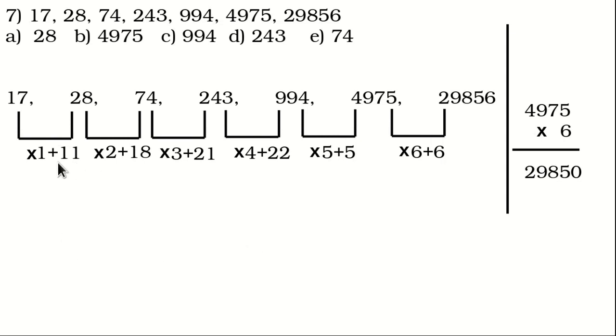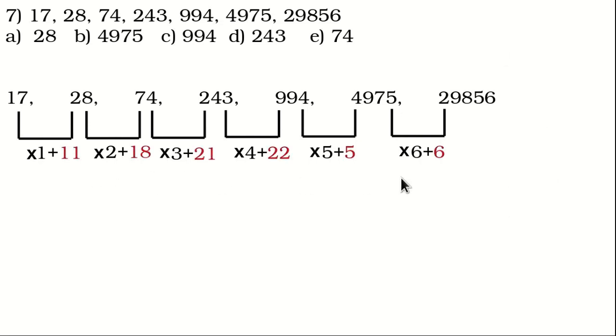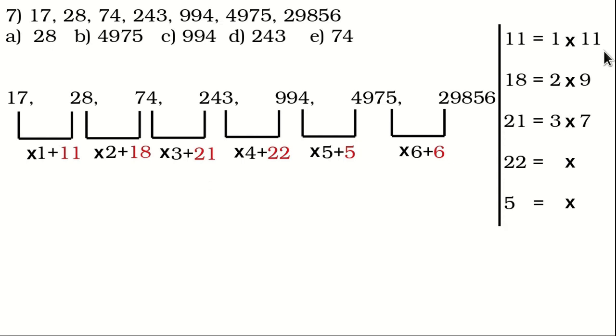Now let us try to observe the similarity among these numbers. In order to find the similarity among these numbers, let me write the given numbers this way. 11. When you try to write the number 11 as a product of two numbers, let it be 1 into 11. 18. Let us say 2 into 9. 21. Let it be 3 into 7. So, when you try to write the given numbers as a product of two numbers, observe the similarity among these things. 1, 2, 3. So it has to be 4. Let it be 5 and this one should be 6.